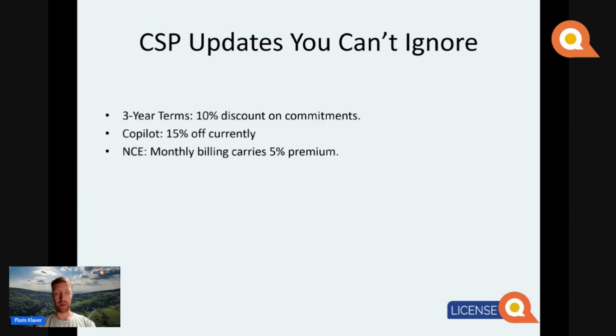And this was already announced half a year ago, but if you are currently in CSP purchasing annual subscriptions but paying on a monthly basis, with your renewal coming up for your annual subscriptions, you will see a 5% price premium, meaning that it might make more financial sense to pay that annual subscription upfront for the entire year rather than monthly, unless you are able to hedge those at a better rate than that 5% premium that Microsoft is going to ask from you.